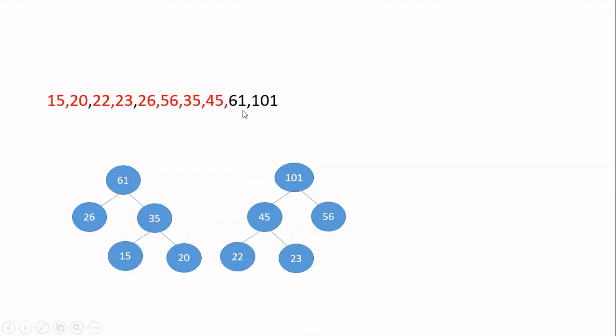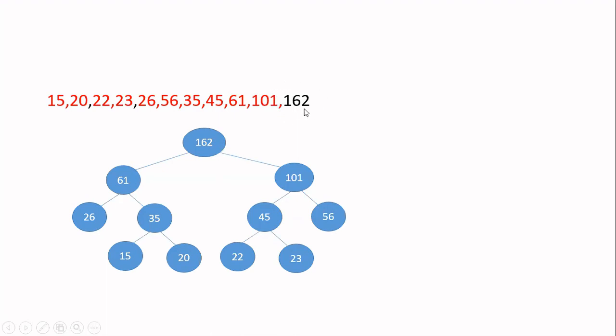So it is added. Then again extract 2 nodes from the min heap. I am going to extract now 61 and then 101. I am going to form a new node with these 2. 61 is the lower number, so that should be the left child, and 101 should be the right child. So I am forming the new internal node and the value of that node is 162. Then you delete 61 and 101 from the min heap and add 162 to that.